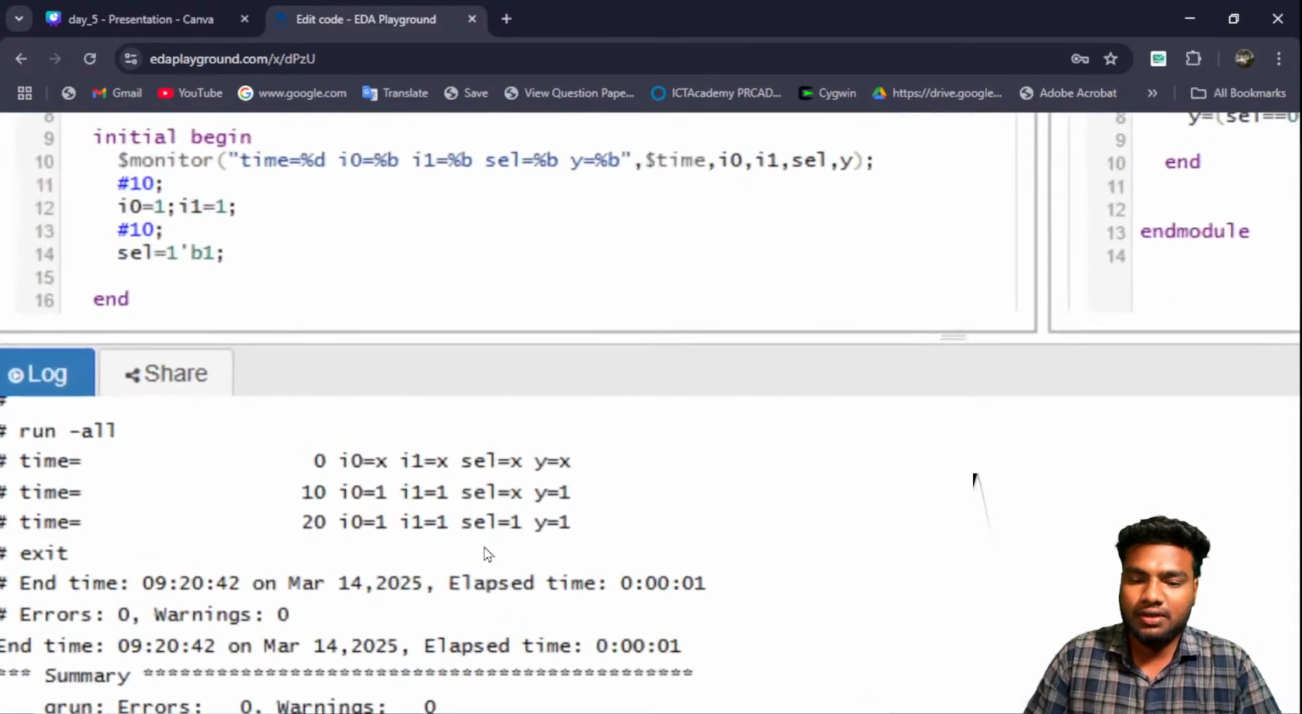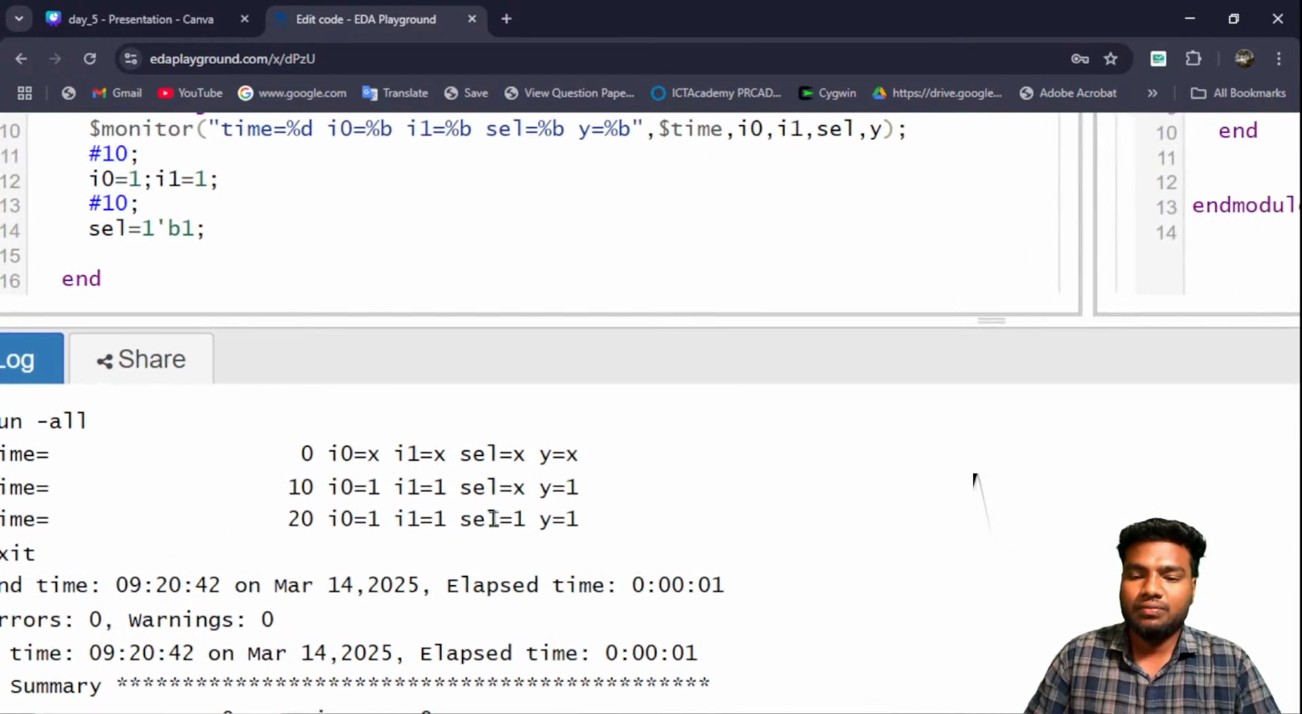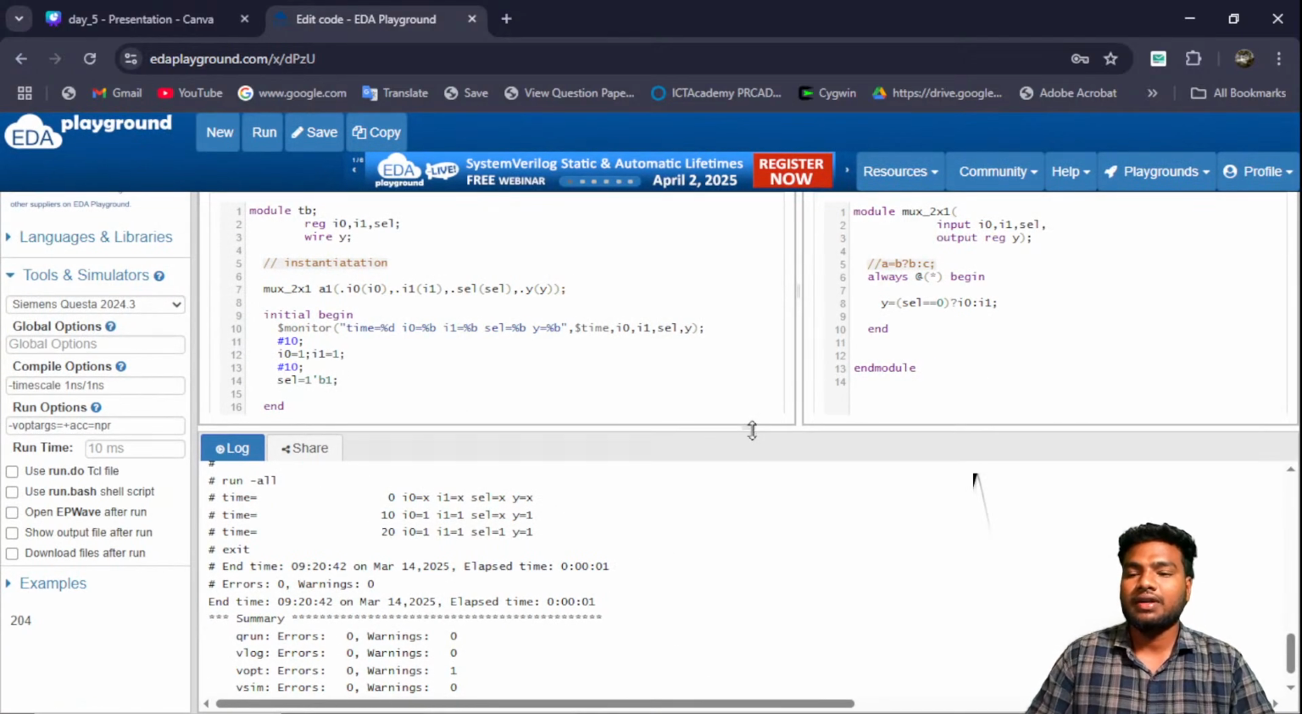So you can see here I1 equal to 1, my sel equal to 1. So it will choose this line, and I will get the 1 as output. So this is the logic of writing the